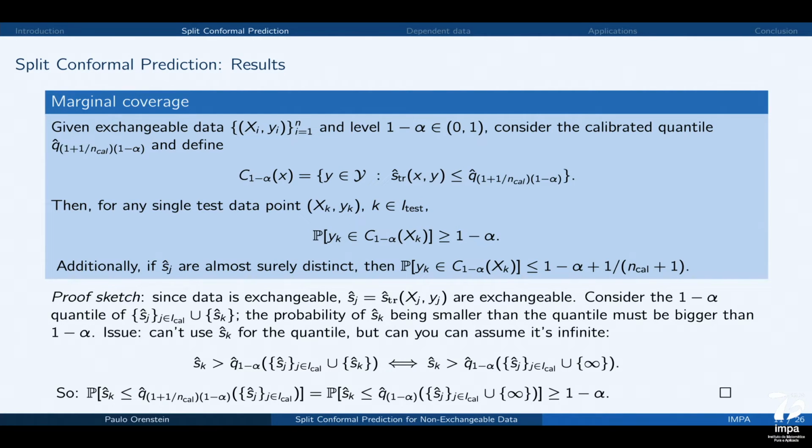Okay. Well, is this all I get? Not really, right? Because if you're a doctor, you don't really care only about the next patient that'll come along. Maybe you care about all of the patients that'll come in tomorrow. So can I say something about an entire set of points, not just one? And sure, yeah, you can.